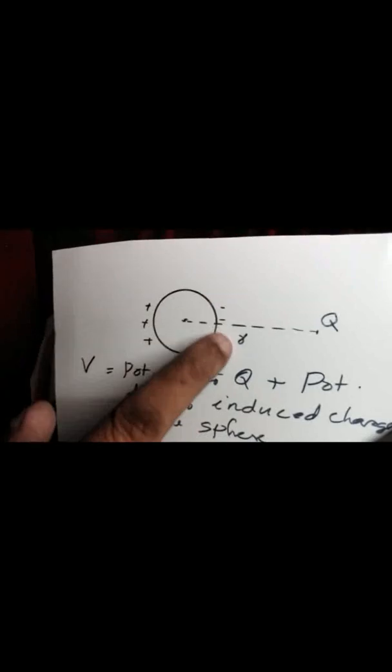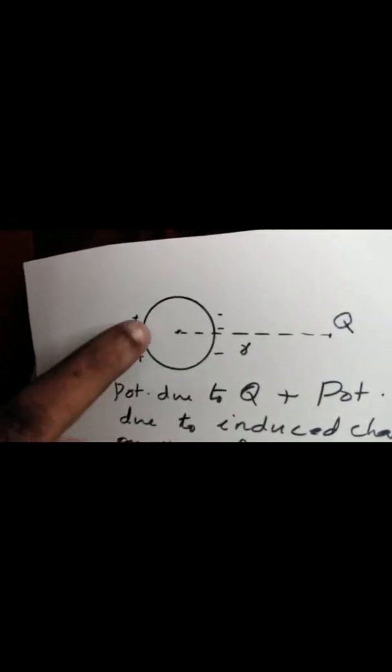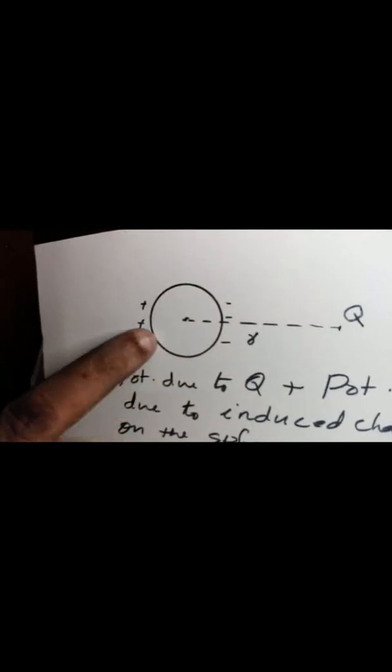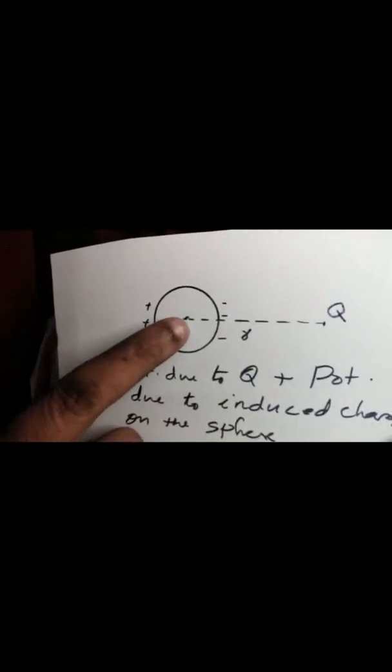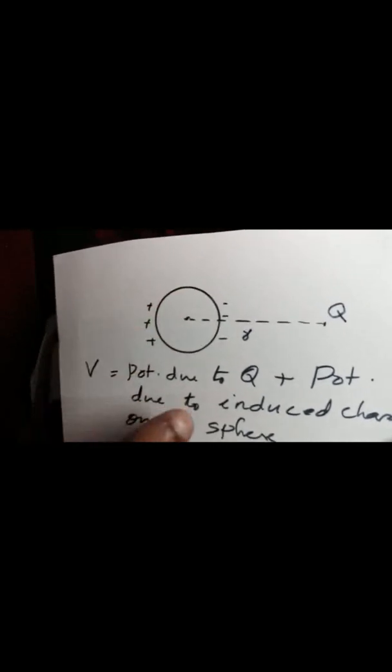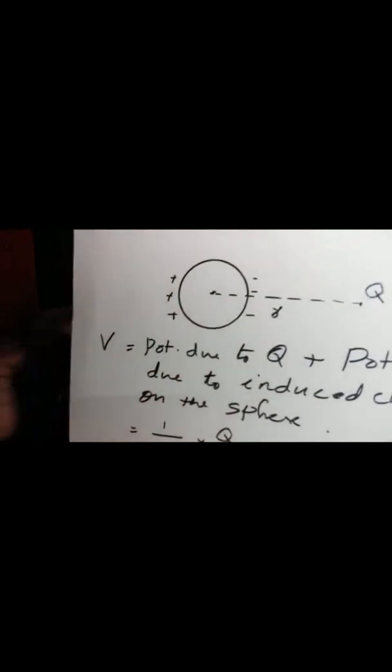Now this is the point charge. This is an initially uncharged conducting sphere of radius capital R. Now what is the potential of this sphere? That is the question. Now you can think of it in two ways. One,